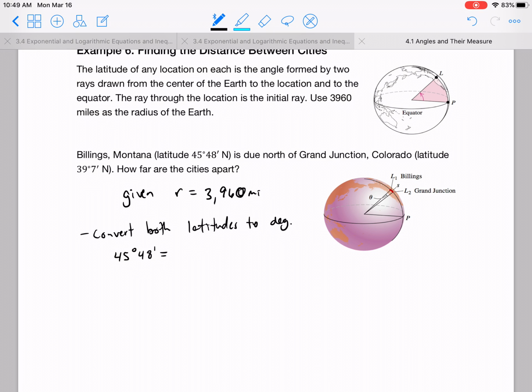Well, if you think about it, 48 over 60 is essentially what we have there, which is going to be what, 4/5? Yep, 4/5. And so we end up with 45 and 4/5 degrees, which we can make 45.8 degrees. And I use this conversion over here because earlier we said that there were 60 minutes in 1